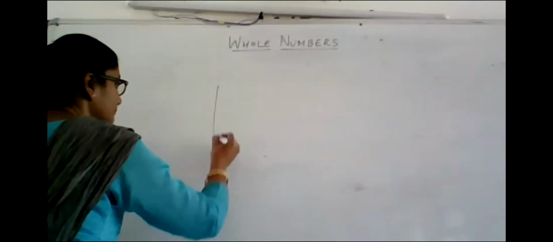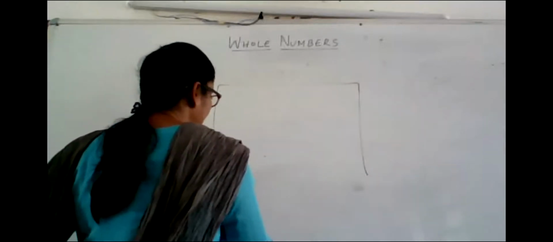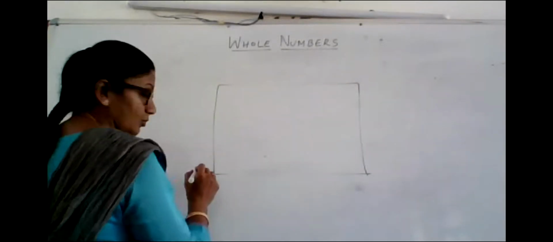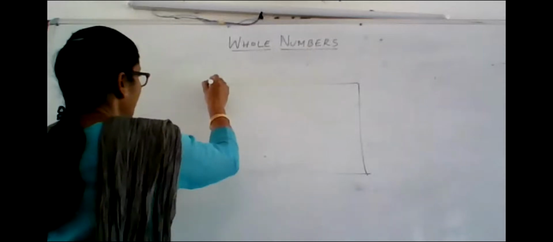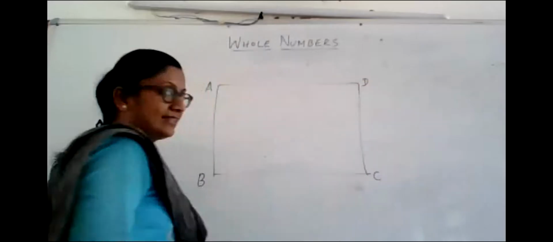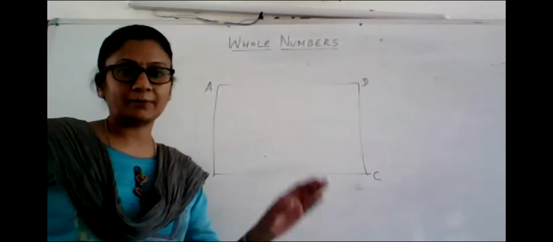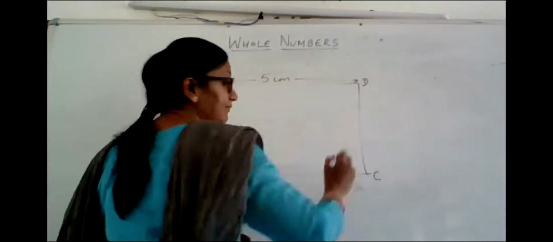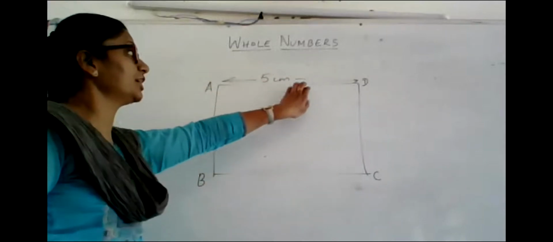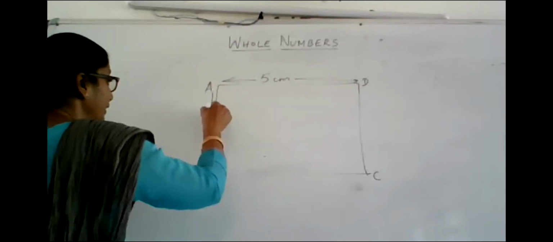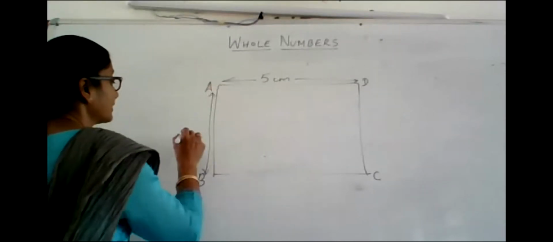Okay, so you had a big rectangle whose length and breadth is already fixed for you. It was called ABCD. Ma'am, we want to draw in the notebook. No need, just listen to me. This is the activity that you have to do. Please listen to me. So this will be 5 squares, 5 units, 5 centimeters. Do it on the graph sheet, it will be easy. 1, 2, 3, 4, 5 squares. If you measure, you will get 5. And here below, you measure 3 squares.